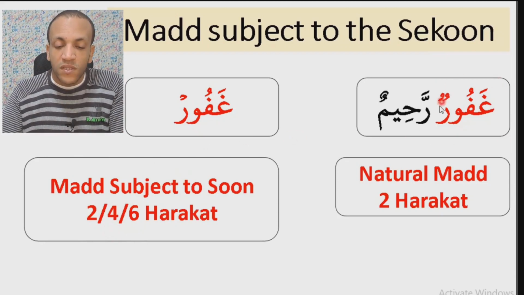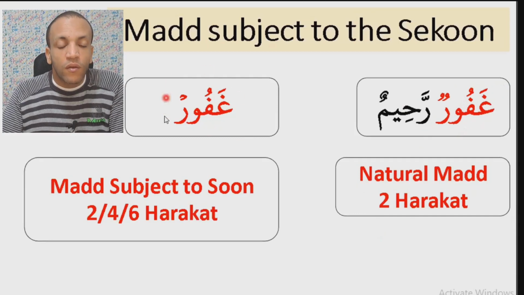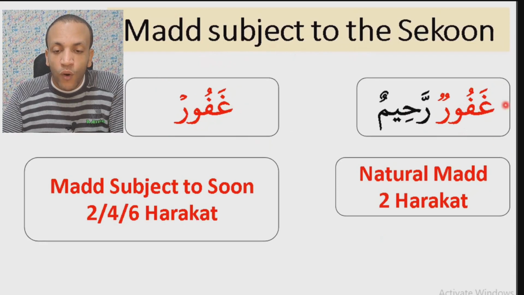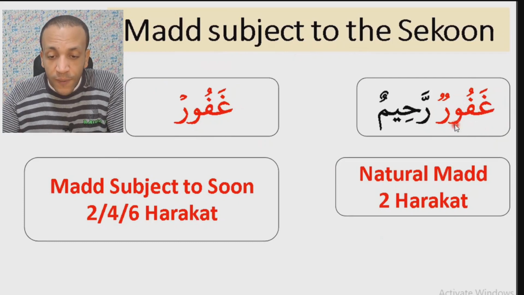If you read the word with the following word, the letter of Madd should be prolonged 2 harakat, the natural Madd. But if you read the word and you pause, you have that choice, 2 or 4 or 6 harakat. That's all about Madd subject to Sekun. So this word here, if you read it and you pause, you can read it like this with 2 harakat here on the letter Waw, and you can say